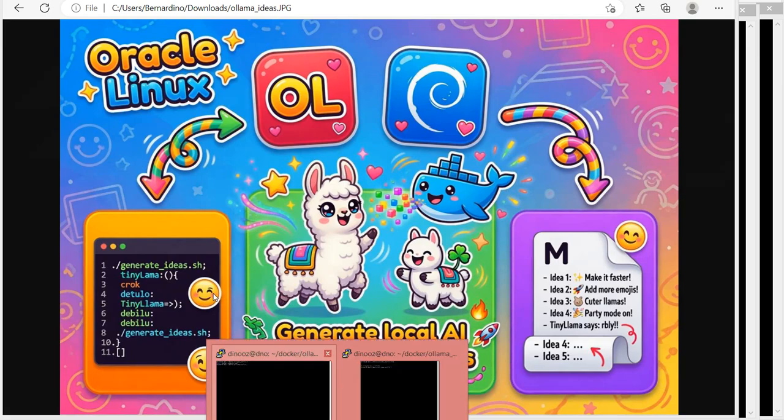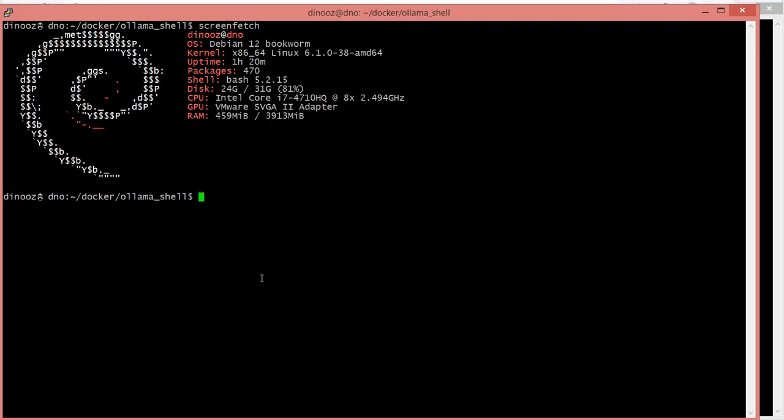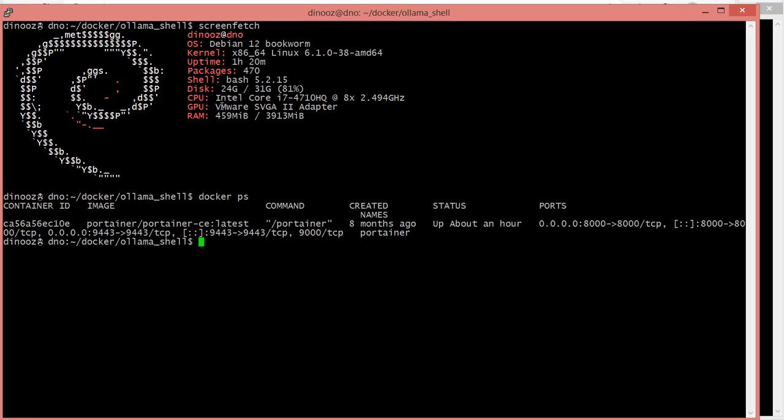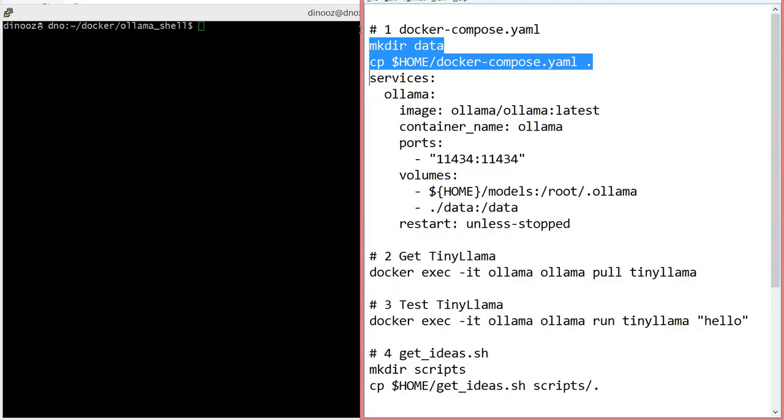The first thing I want to show here is actually my Linux, the virtual machine. Of course, it is running almost nothing, just Portainer from a while back. So what I want to do at this point, just classic, is follow the same path that we've been doing in the videos. We want to start with the Docker Compose. So in that case,